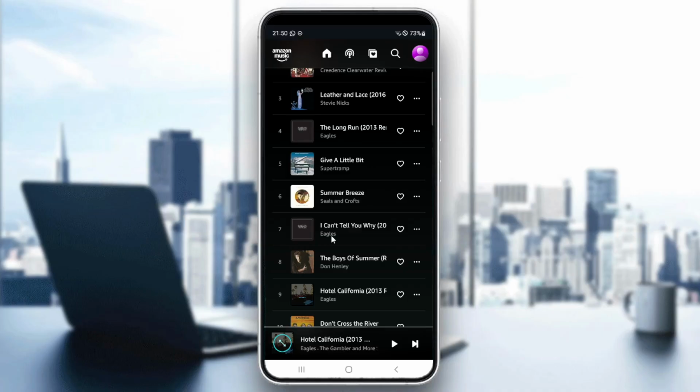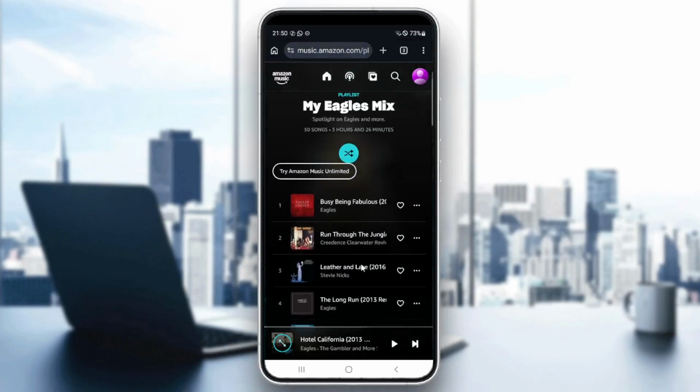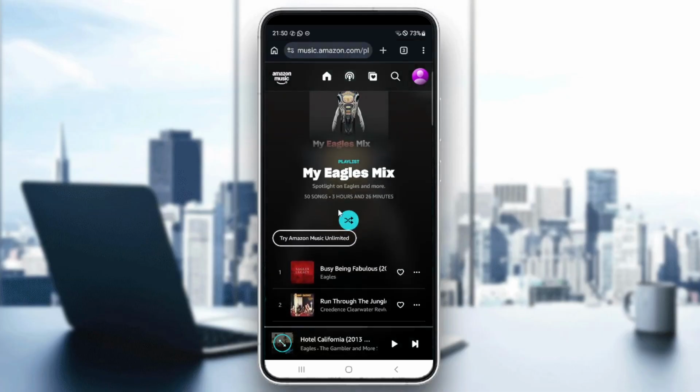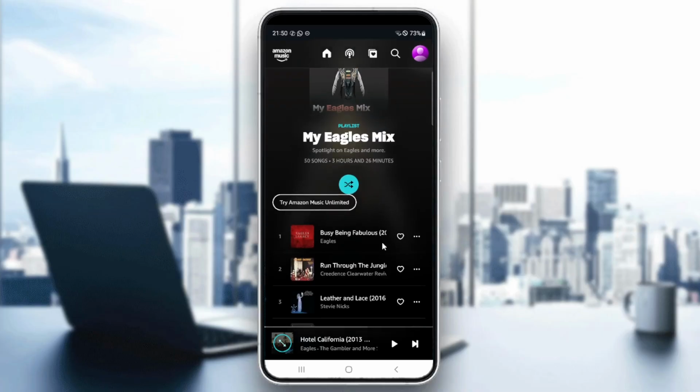So in today's small tutorial, we're gonna go through how to enable the explicit filter in the Amazon Music app. Fast and easy as usual. Let's get started. We're gonna start with the mobile app first, since a lot of people are using it. All you're gonna do is open it and make sure you log in using your email address